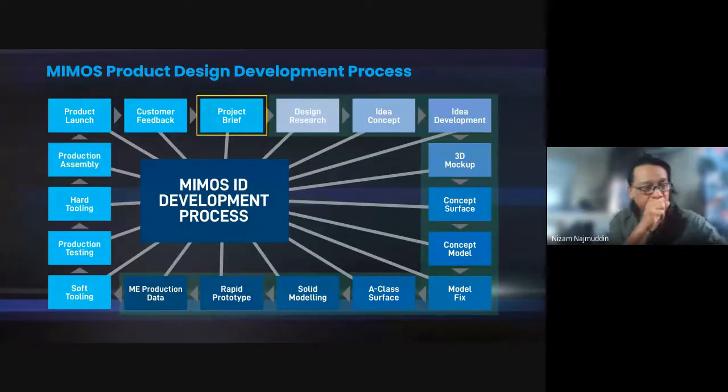After that, we just do minor support on soft tooling, product testing, and hard tooling, assembly, production, assembly, product launch, and customer feedback. So usually we will start with project brief. Project brief is